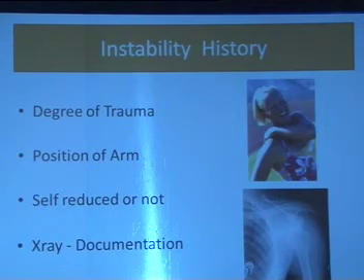If there is a history of direct instability, where the patient says that his shoulder does dislocate, it's important for us to ask what is the degree of trauma. Is a mild injury or a moderate injury causing the shoulder to come out? What is the position of the arm where the shoulder tends to dislocate? Is the patient able to relocate the shoulder back himself or not? And if he is carrying any X-ray documenting whether it was really an unstable shoulder or a dislocated shoulder, or he just had a feeling of subluxation which happened and the shoulder reduced back.